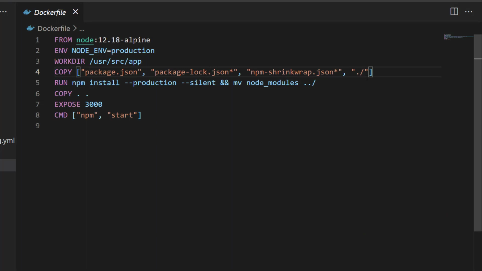and it will ignore all the files which are mentioned in the Docker ignore. On top of that, after the copy, it will run the npm install command specifying the name of your environment, and it will run and build your modules. Once your installation completes, it will move those completed files in as an npm module, and then it will copy everything and expose your application onto this particular port.